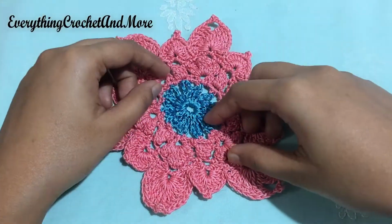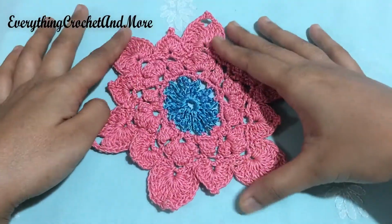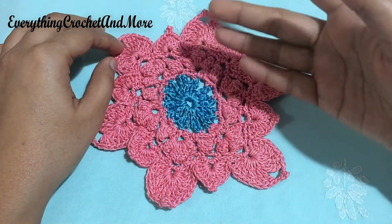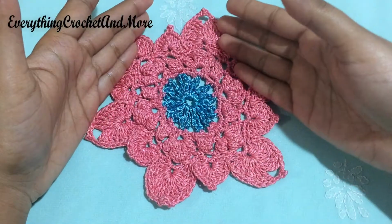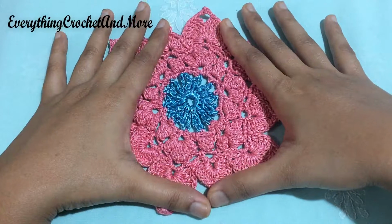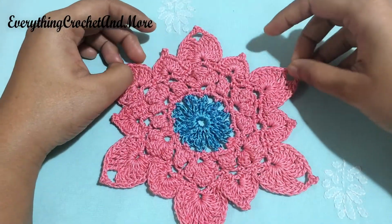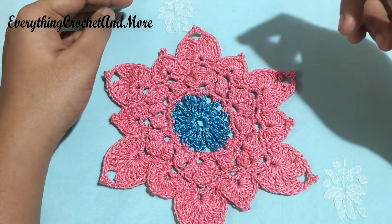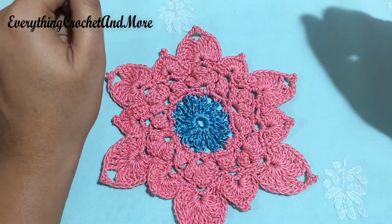So here there's a cotton and viscose shiny blend thread. I've kept the textures of the thread in mind as well, a complete contrast of shiny in the middle and starchy matte finish cotton thread at the periphery. This coaster is made up of 7 rounds in total, and I have divided this video tutorial in 3 parts. So this is part 1 of our Summer Blossoms